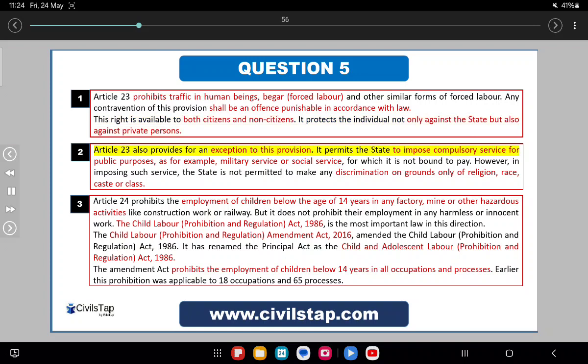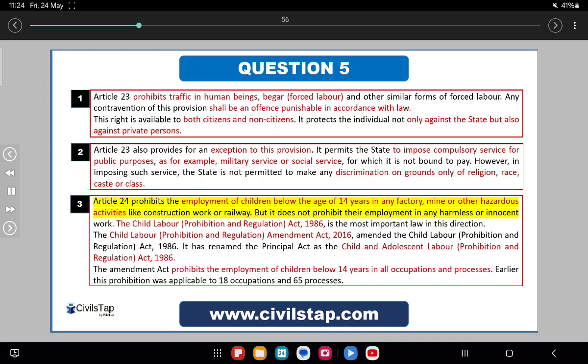1. Article 23 also provides for an exception to this provision. It permits the state to impose compulsory service for public purposes, as for example, military service or social service, for which it is not bound to pay. However, in imposing such service, the state is not permitted to make any discrimination on grounds only of religion, race, caste or class. 2. Article 24 prohibits the employment of children below the age of 14 years in any factory,